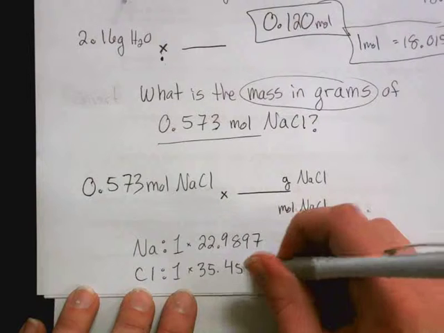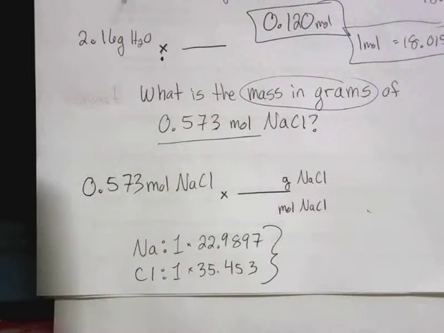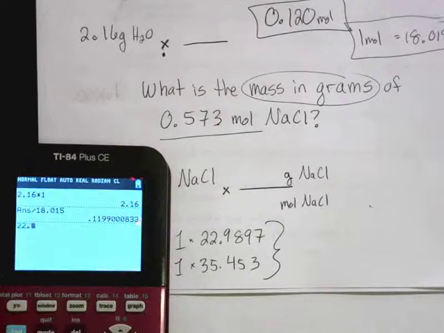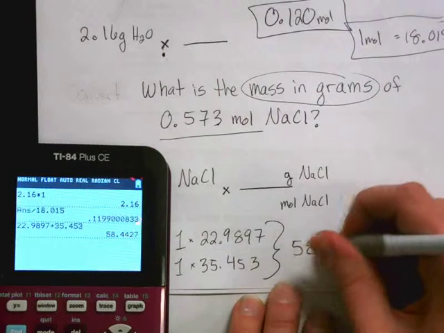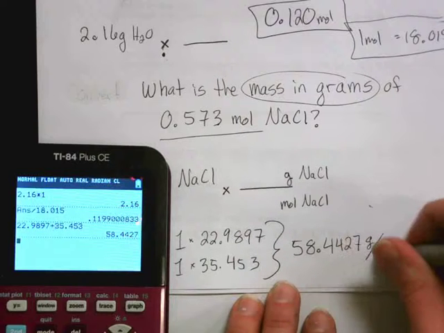Chlorine has a mass of 35.453. When I add these together, 22.9897 plus 35.453, I get 58.4427 grams per mole,